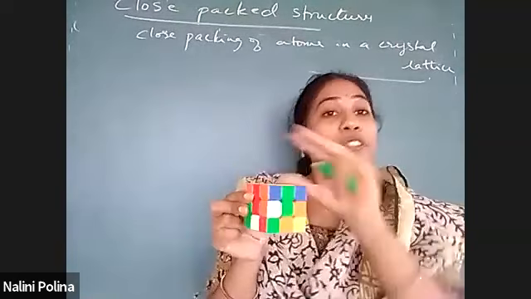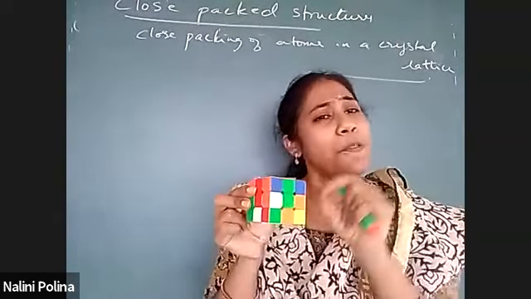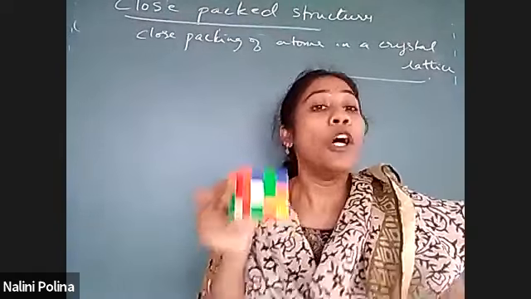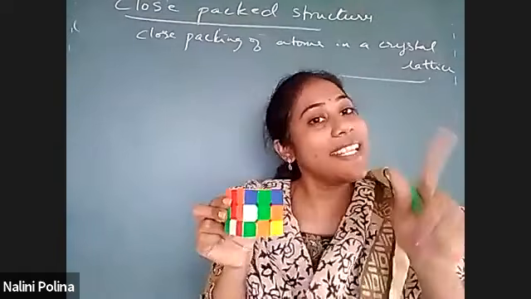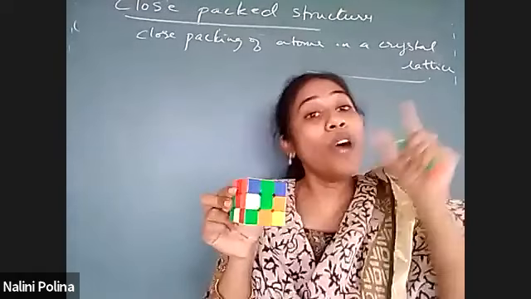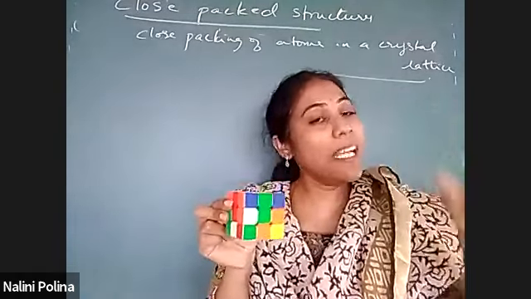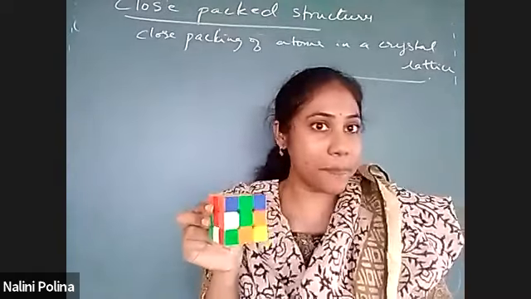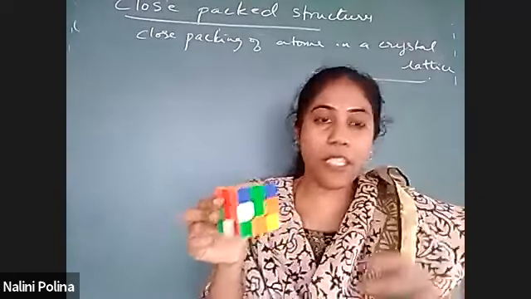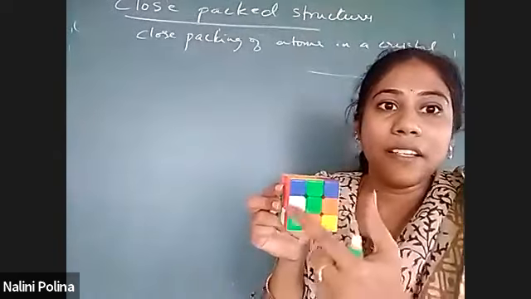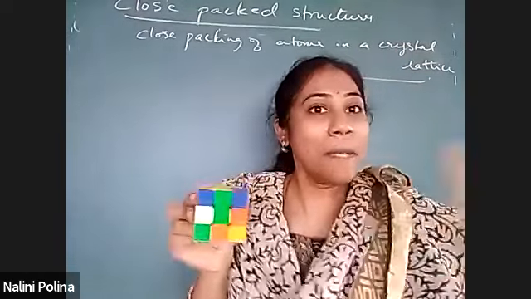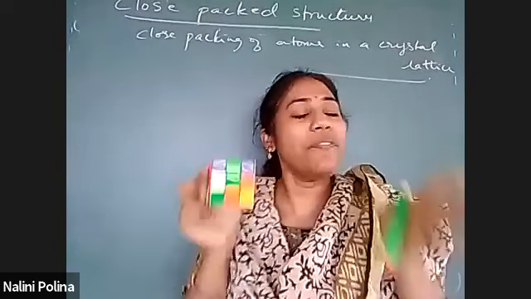You must use the space so well that the gaps are very few when you arrange the atoms in three-dimensional space. Only then can you say that a particular solid is stable, when the atoms are arranged in such a way as to avoid gaps, with minimum gaps. Arranging with completely no gaps is very difficult, it's not possible. You can see here there are some gaps, right? So minimum gaps will always be there, that's fine, but there should not be too many gaps. So they have to be very closely arranged.